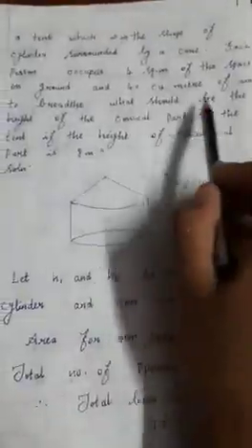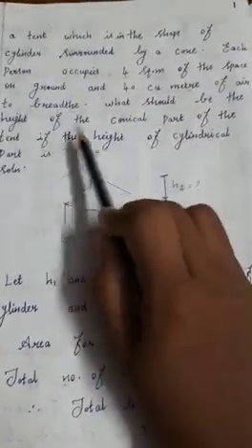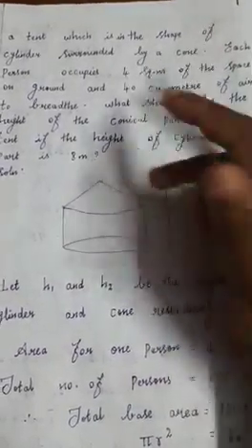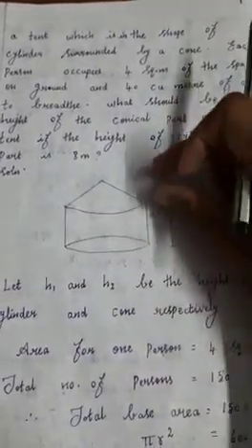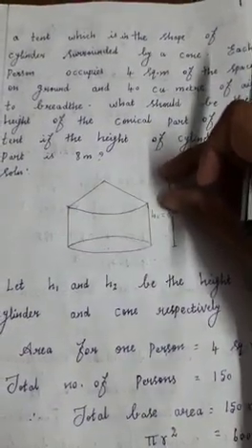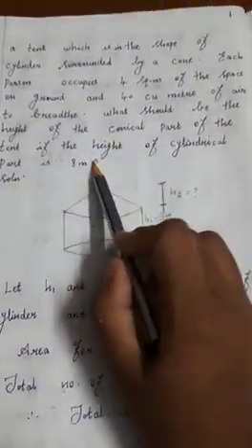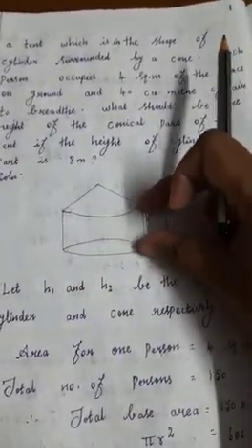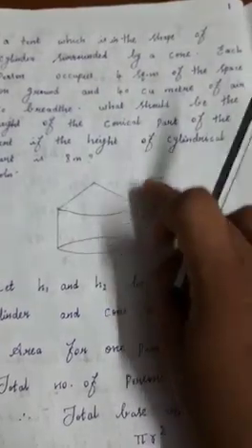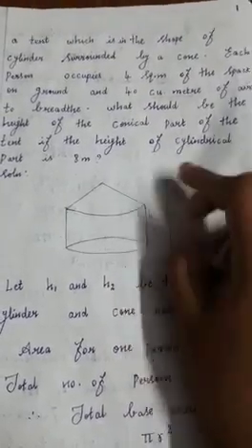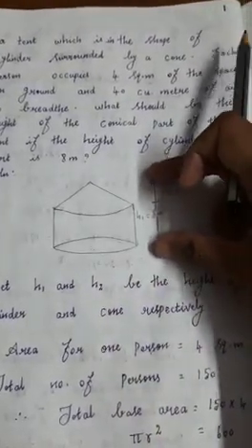In our question, they have asked to find out what should be the height of the conical part. So we need to find this height, not the slant height. The height of this part, this much, we need to find out, and the height of the cylindrical part they have given separately, that is 8 meter. Both are heights only, so we will be confused. So we take this one as height 1 and this one as height 2. Totally, this is the full height.